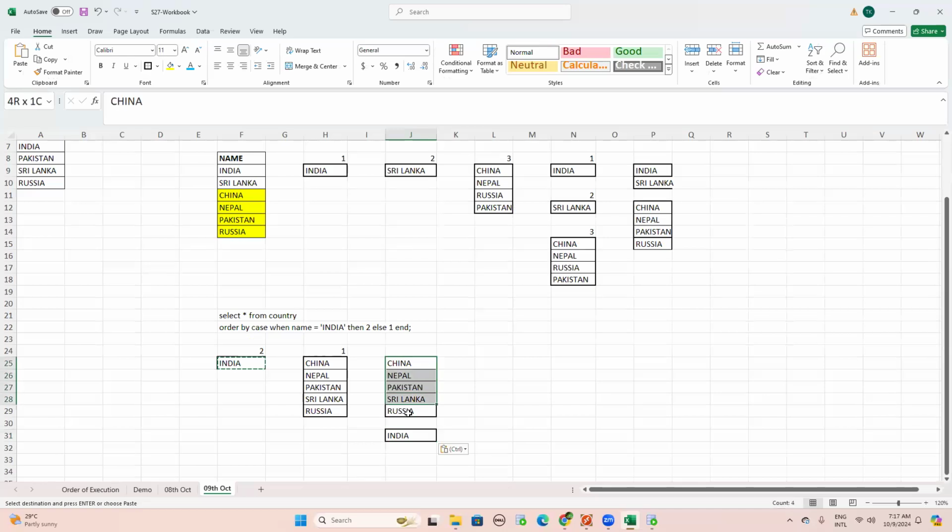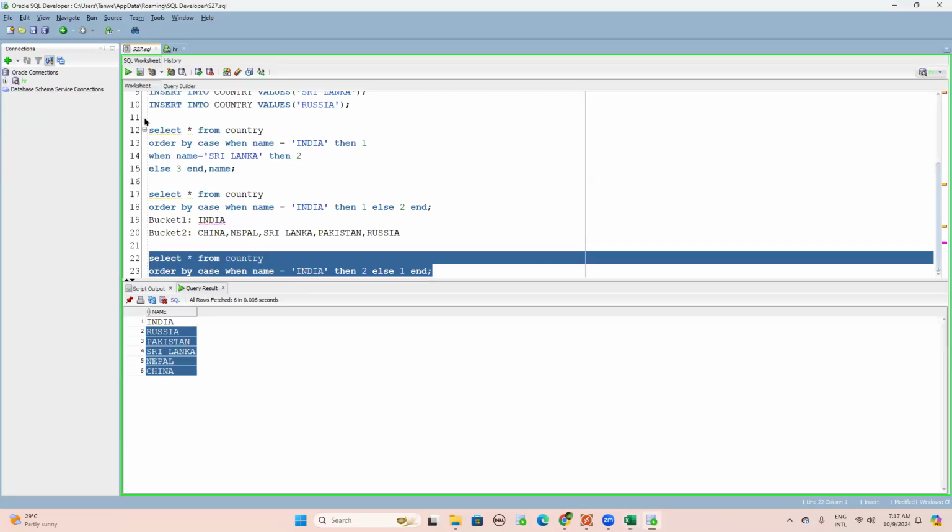So are you going to sort the elements of this bucket number 1 in ascending or descending order? Not yet. No, it will be in random order, right? So now check the output. We have India at the bottom,